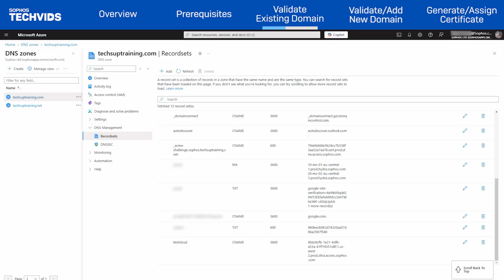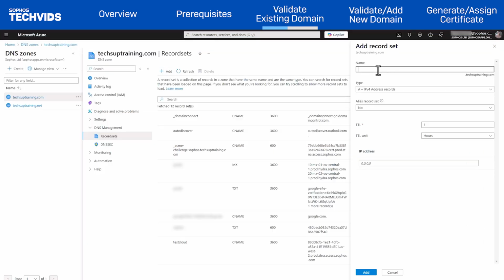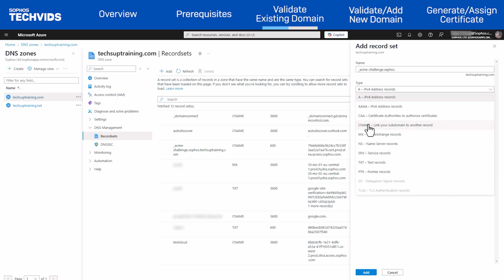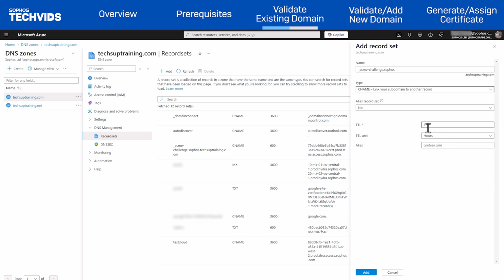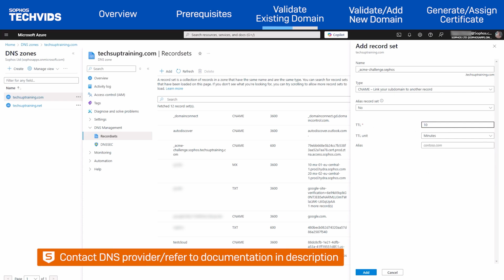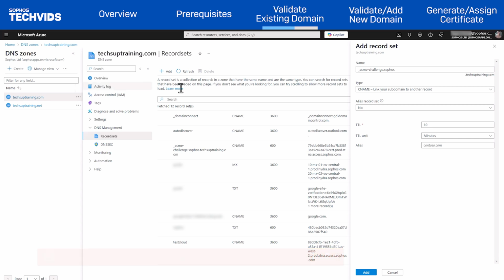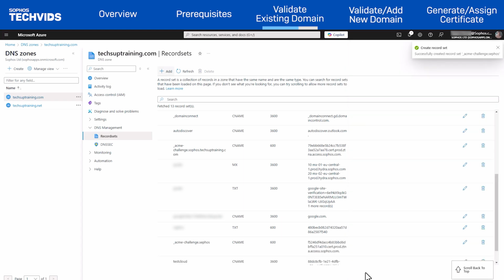Go to your DNS provider or manager and add the new Acme Challenge CNAMEs and values to the appropriate fields. Repeat these steps for any additional domains that have already been added. The specific steps for your environment may differ, so contact your DNS provider if you need help or refer to the documentation linked in the video description. You can choose to remove the previous ZTNA TXT record, which was used for validation, or leave it as is once the new CNAME record is validated.